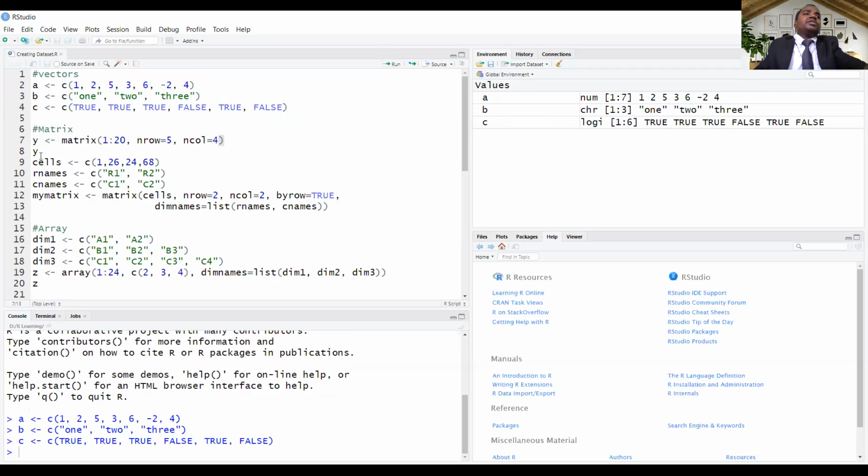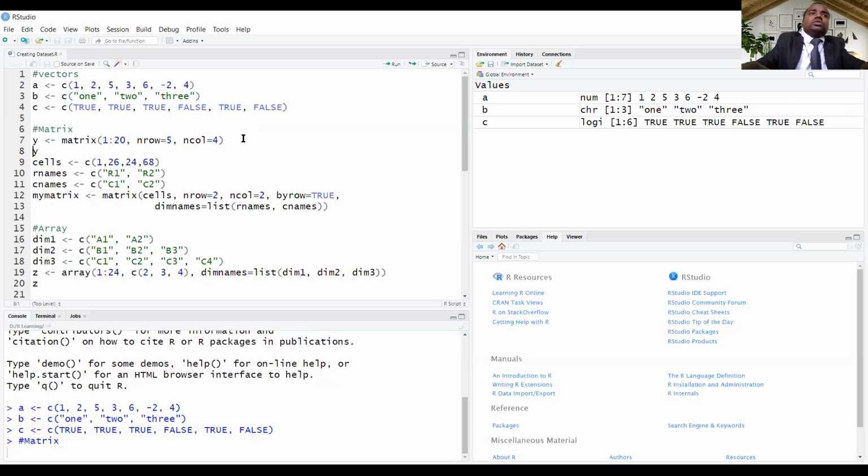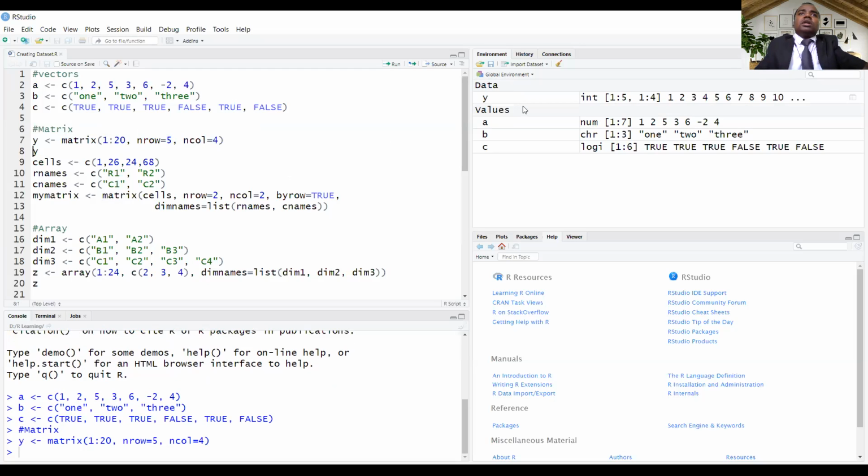And then matrices. As I have already mentioned, this matrix function is used for creating a matrix. Here we are assigning the values of the matrix. It is 1 to 20, and we are giving nrow, the number of rows, equal to 5, and the number of columns equal to 4. So if you run this code, we find that y is having values, all integer values.